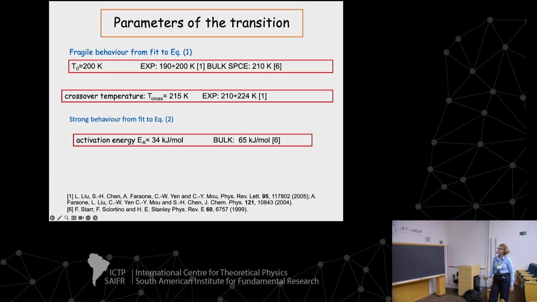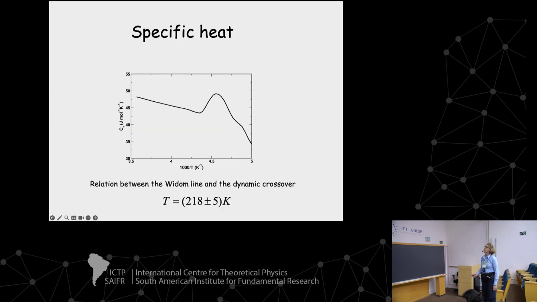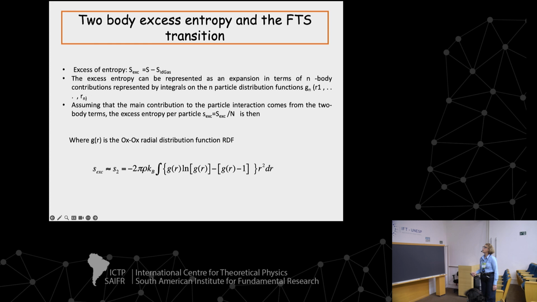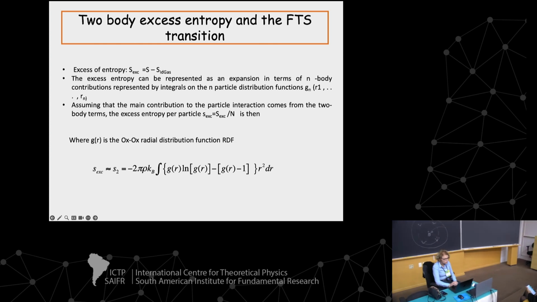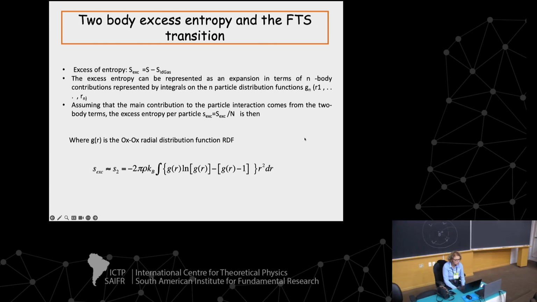And this is the first time that a fragile to strong transition was seen in this case in SPC water. Okay, we have a peak of specific heat. So for MCM41, the Widom line would be at 218 plus minus 5 for the full density of the pore. Okay, so I have half an hour, so I think I need to choose what